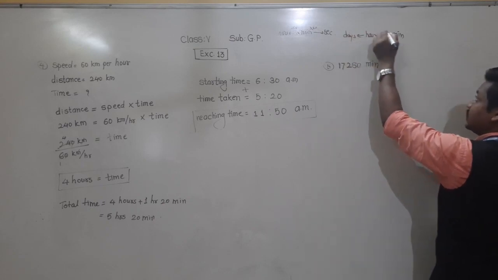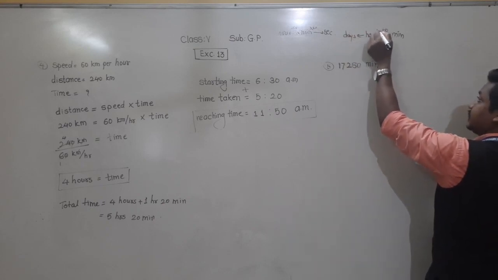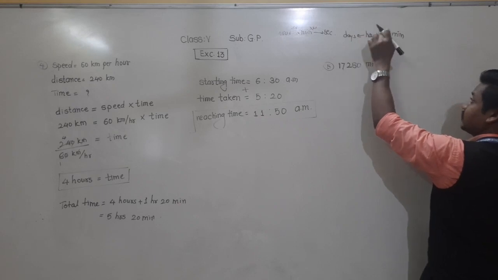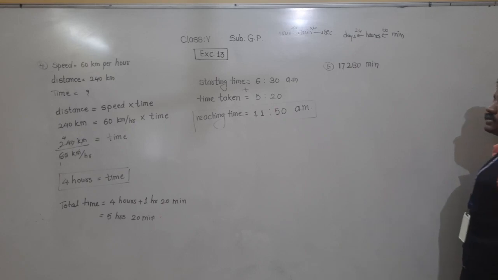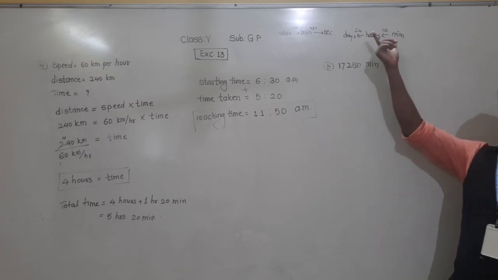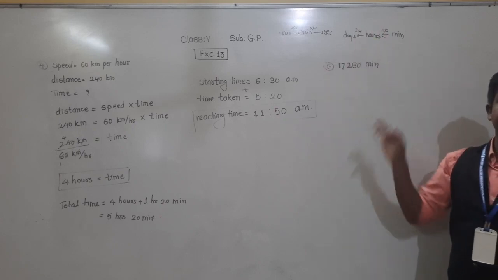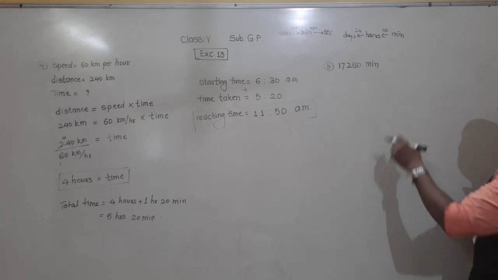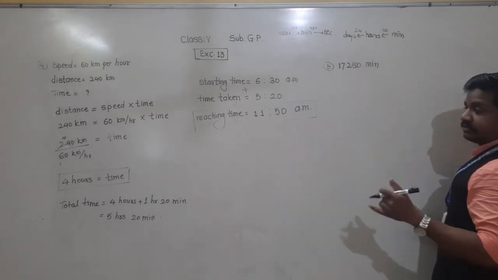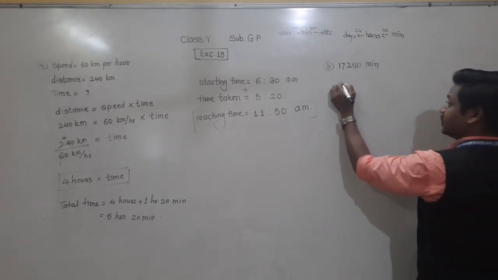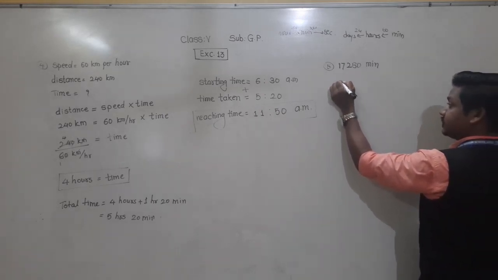Now you know that 1 hour is equal to 60 minutes, and 1 day is equal to 24 hours. Okay, so you must know this, so that you come to know by what number you have to divide or multiply. Since you have to convert minutes to days, smaller to bigger, we are obviously going to divide. So first we convert minutes to hours.